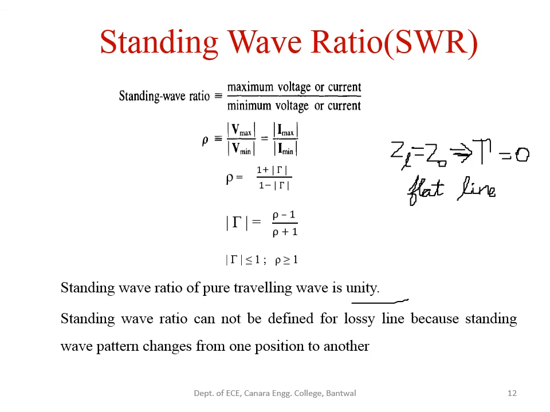Standing wave ratio cannot be defined for a lossy line because the standing wave pattern changes from one position to another. Standing wave ratio is related to the reflection coefficient, that is gamma, and the magnitude of the reflection coefficient can be defined by the SWR value. The magnitude of the reflection coefficient is always less than or equal to 1. The SWR value is always greater than or equal to